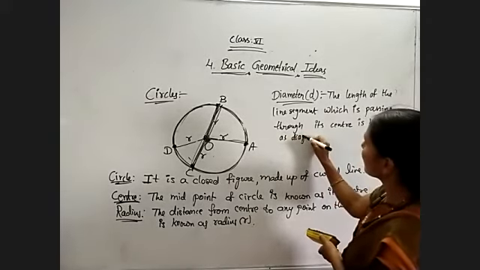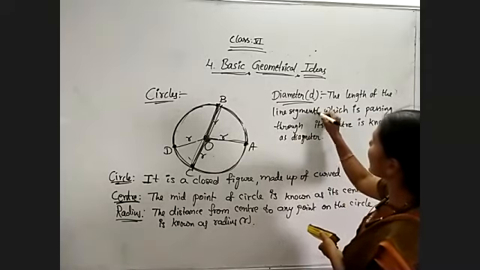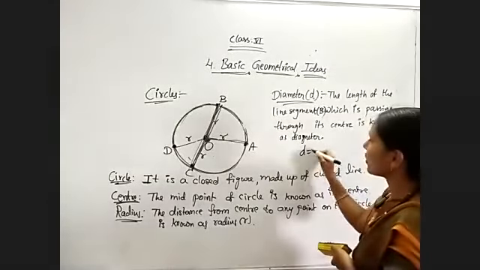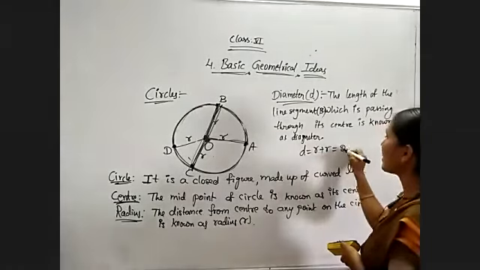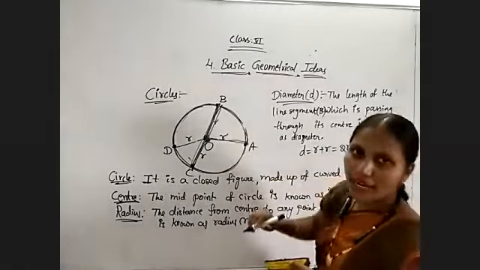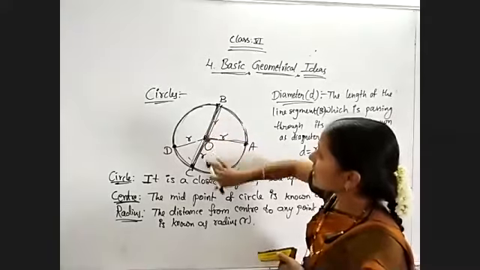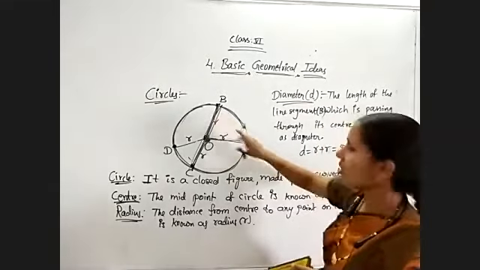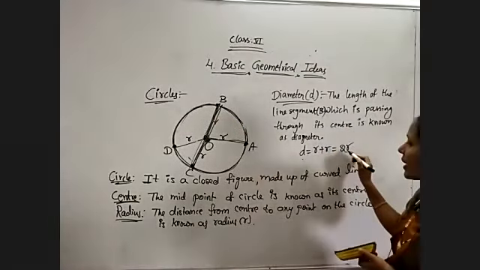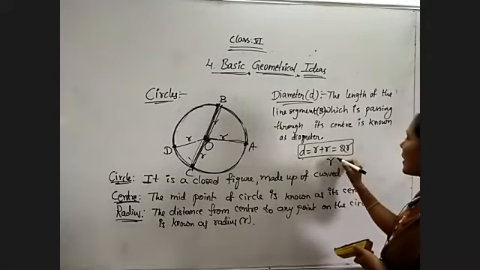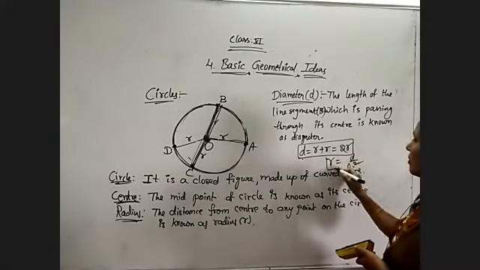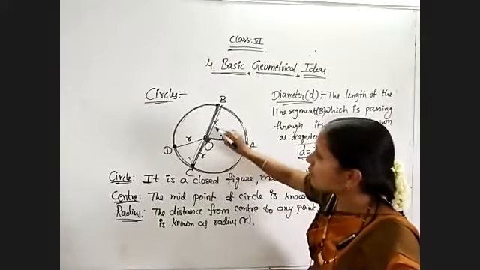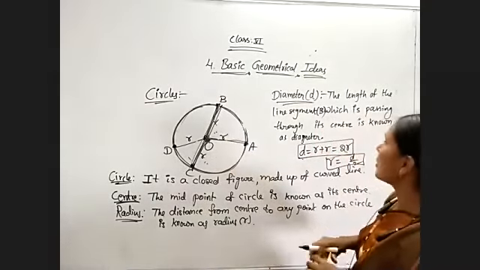In this question I have used the line segment BC. Now just observe, diameter is always equal to radius plus radius, that is twice the radius. Double the radius is the diameter. Here BC is nothing but OC plus OB. OC length is r and OB length is also r. So the diameter is twice the radius. Otherwise, the radius is half of the diameter. Otherwise, diameter is equal to 2r, r plus r.